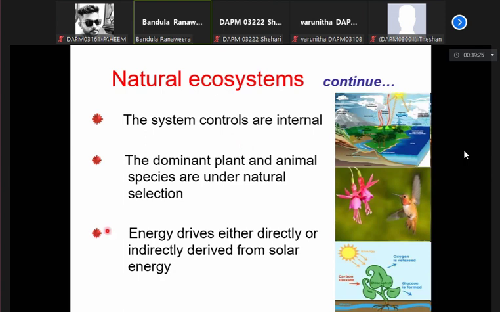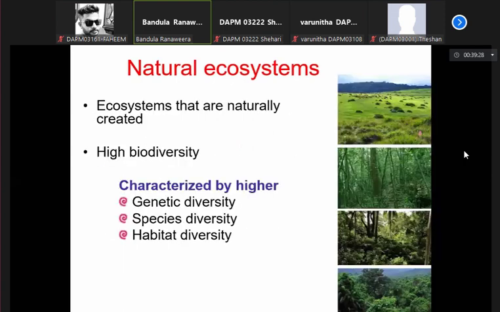So in these natural ecosystems, the dominant plant species, for example in Horton Plains, the dominant grass species are not grown by anybody or the wildlife conservation department, but are naturally grown. In Singharaja forest, there are a large number of plants and creepers in such a rainforest, but